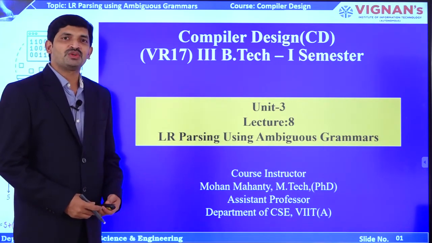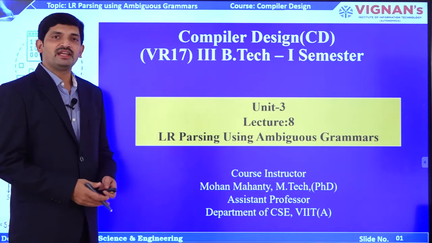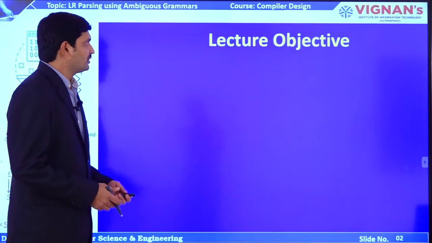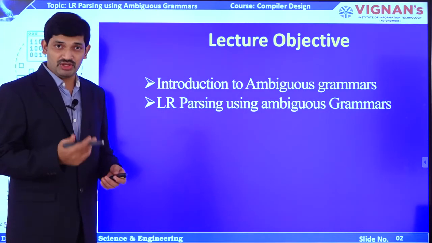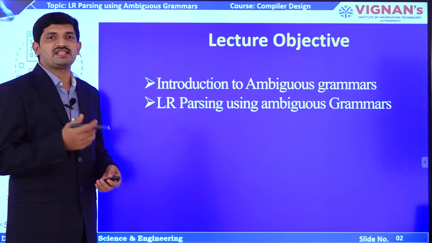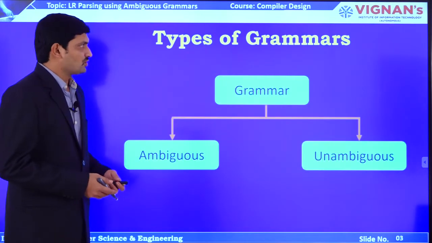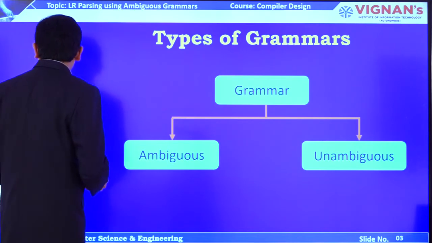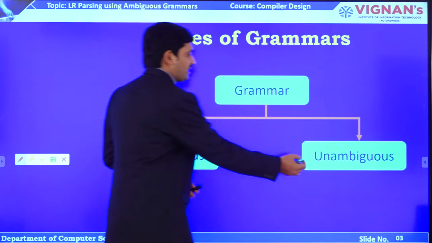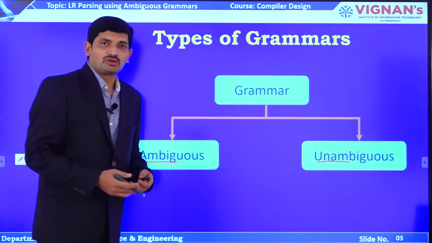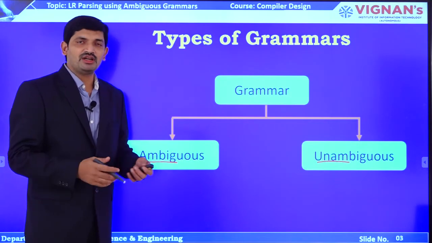In this session, we are going to discuss how to parse an ambiguous grammar in LR parsers. So, the objective of this session is to introduce ambiguous grammars and the parsing process of ambiguous grammars in the LR parsers. Depending on the ambiguity of the grammars, they are divided into two types: the first one is ambiguous, and the second one is unambiguous. So, now the question: what is an ambiguous grammar, what is an unambiguous grammar, and what are the problems